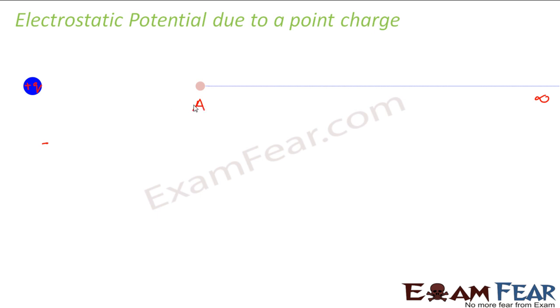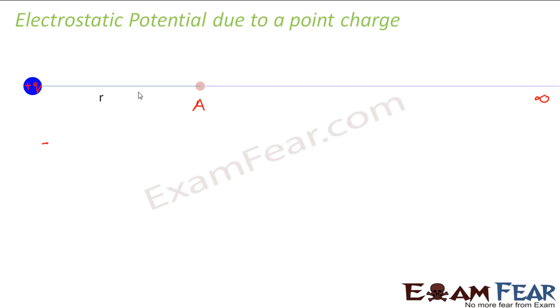So we have to calculate the electrostatic potential of this system. So what would be the electrostatic potential? Electrostatic potential is nothing but the work done to bring this particular object from infinity to point A, because this particular object will feel the electric field due to plus Q, because Q naught is very small, right? So it does not have any electric field of its own. But this plus Q will have some electric field of its own.